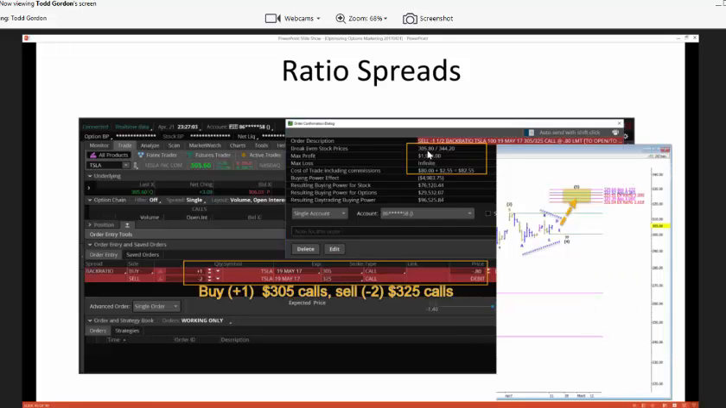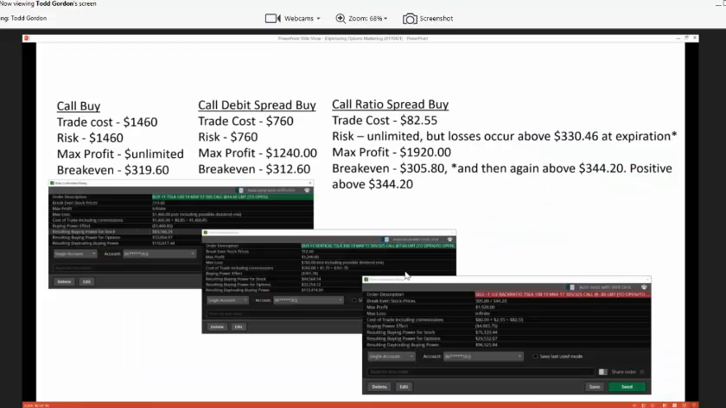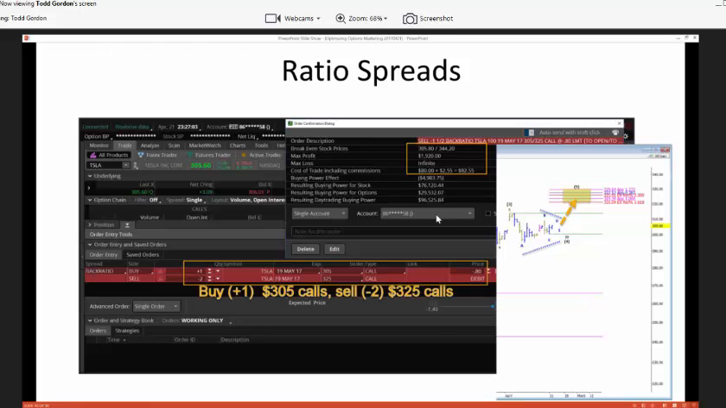Now your break even is all the way down at $305. But what's also going to change significantly is your theta is going to be way, way down. You're actually going to be making money. So the call buy is going to be $1,400, the call debit $760, and the call ratio is only going to be $82. I don't have theta in here, and I should, but you will be making a little bit of money